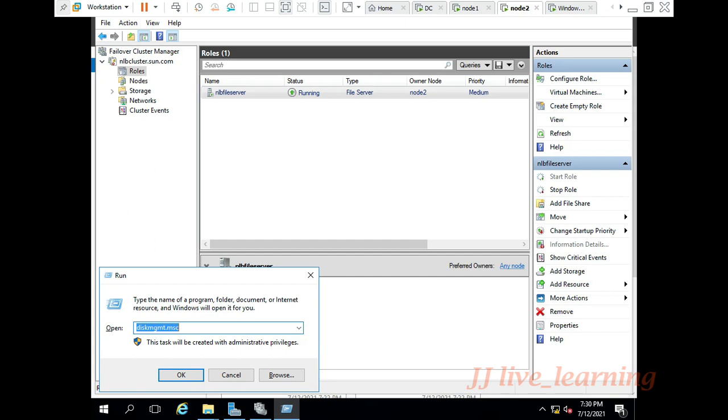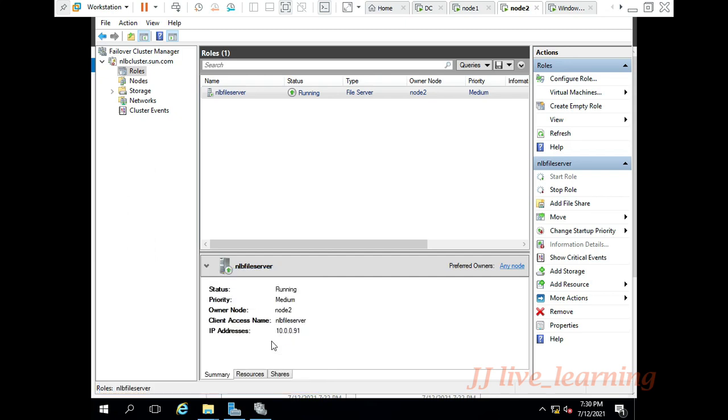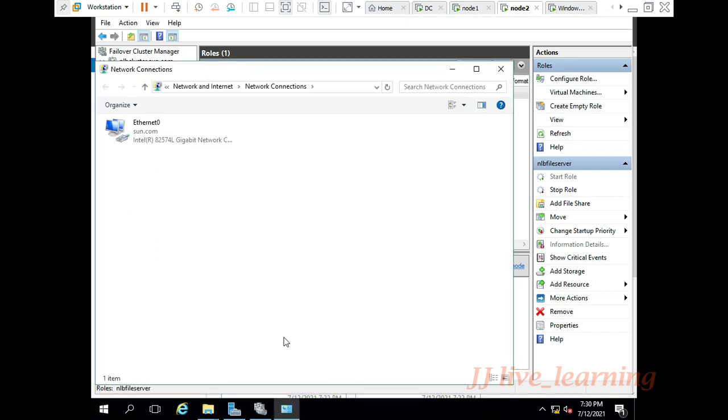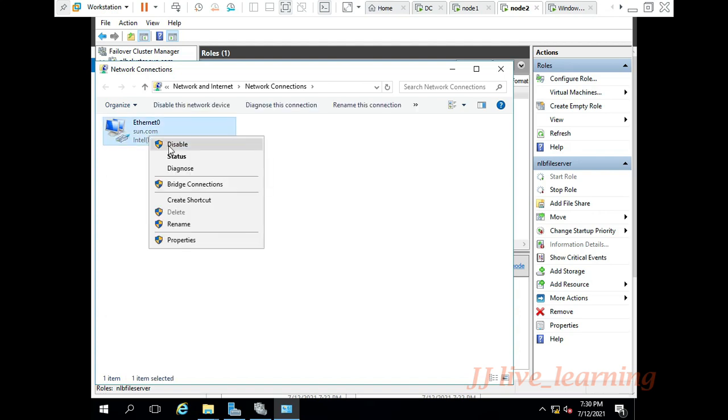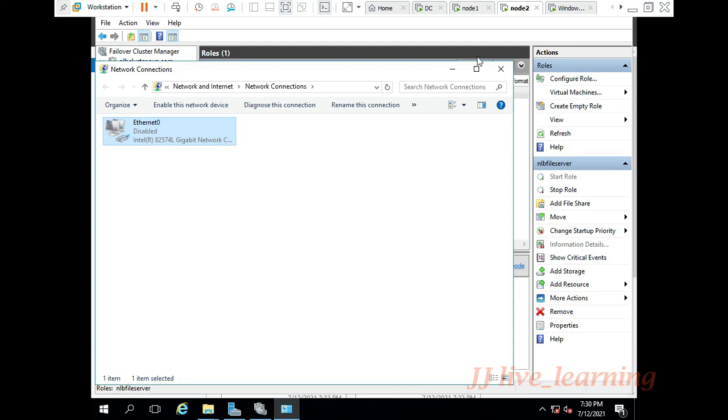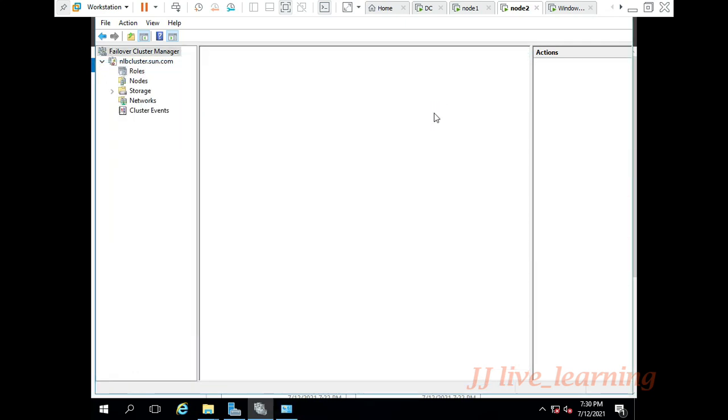Now, unfortunately, your node 2 will be disabled. That is, the network will fail. What will happen? So now the network will be disabled here.